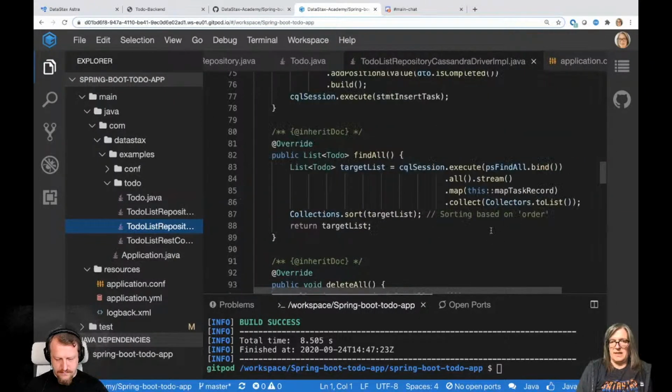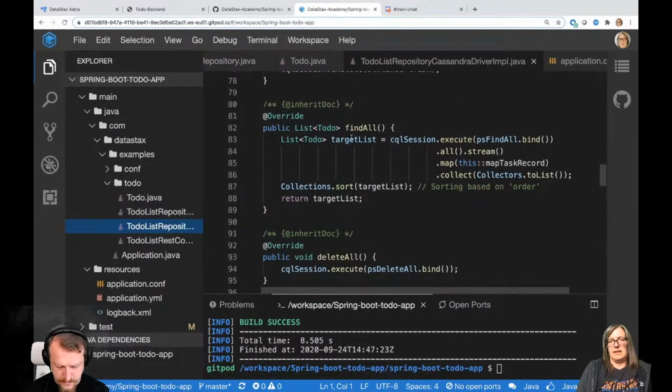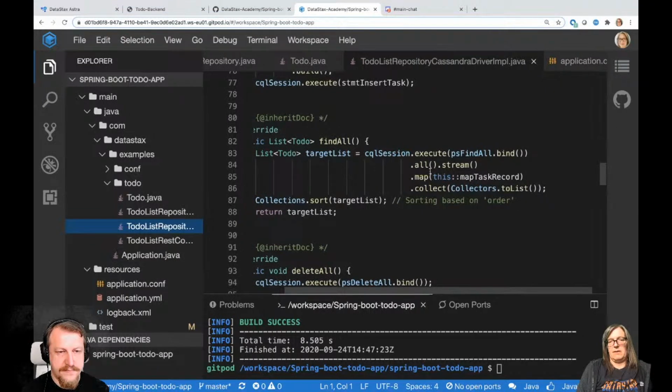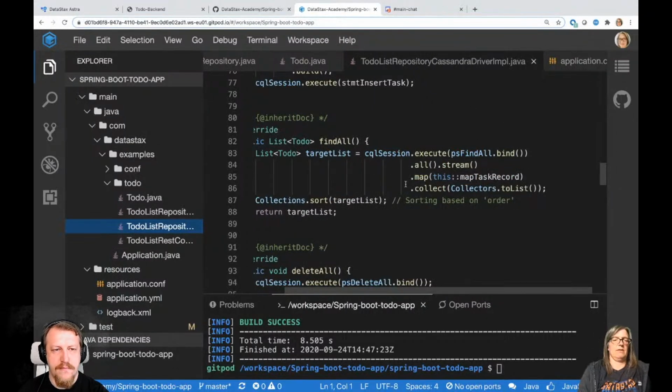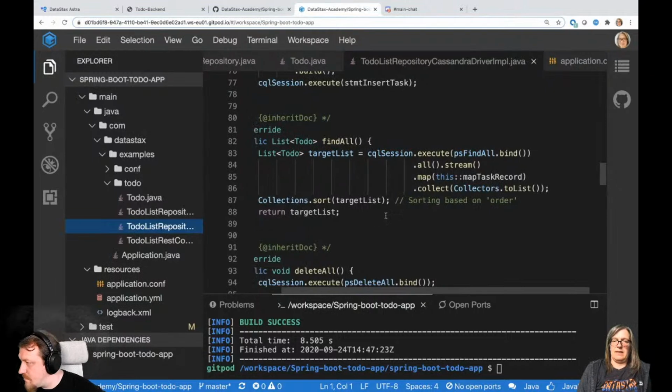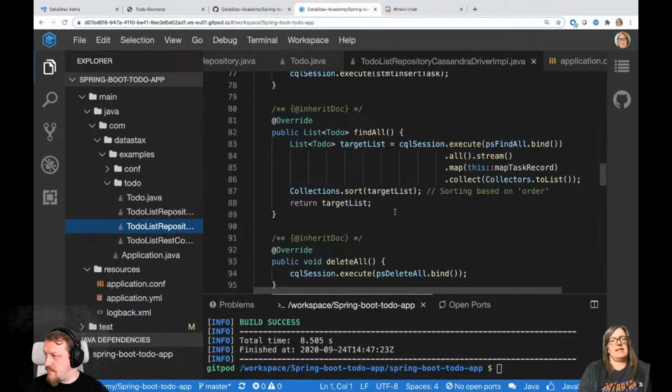And if you look at the find all here, this is using the prepared statement. So we execute the prepared statement here, and then the rest is how we present that back to our client. This is the implementation of the list all, of the find all API.